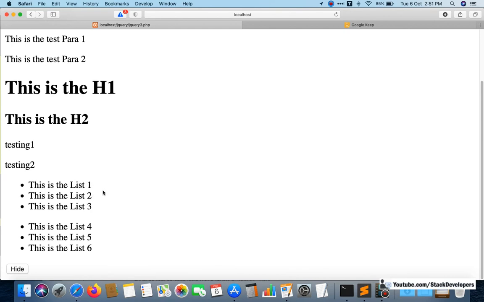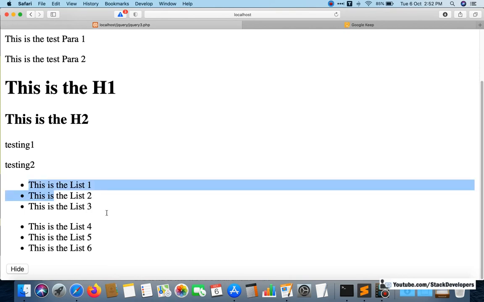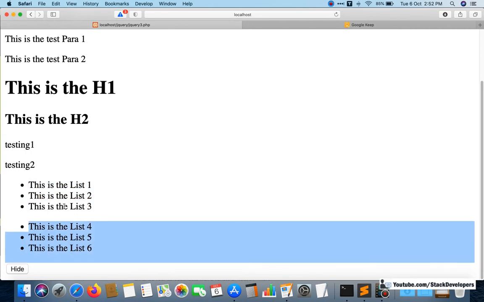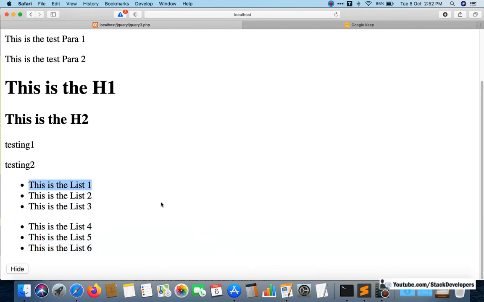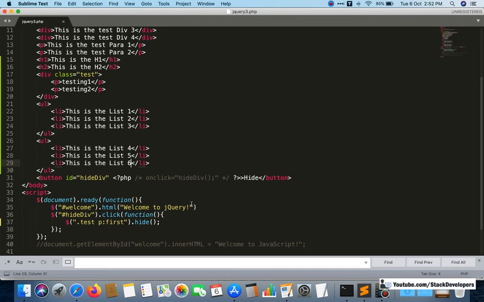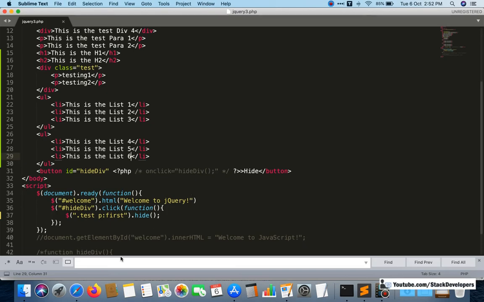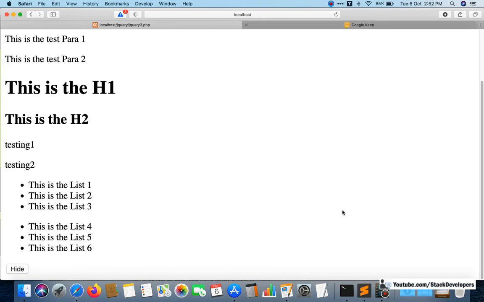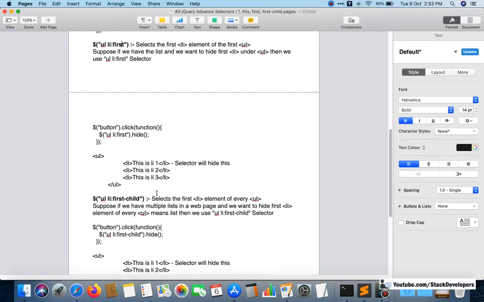Now in both these lists I want to remove the first element. This list 1 I want to hide, and this list 4 I want to hide. I want to hide the first element from both lists. For that we have another option, that is the first child option.